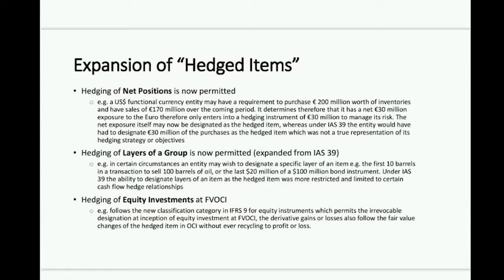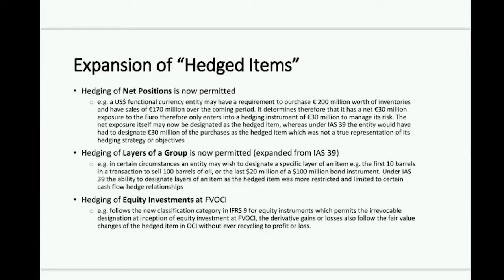Now, at face value, that looks very similar to available for sale, but there is a key difference. Under available for sale, when you eventually dispose of that instrument, the deferred gains or losses in equity would then recycle into profit or loss. Under this designation in IFRS 9, there is no recycling that happens through profit or loss. Now, that doesn't mean that these instruments aren't open to risk. These instruments are as open to risk as any other equity instrument, so they're exposed to equity price risk.